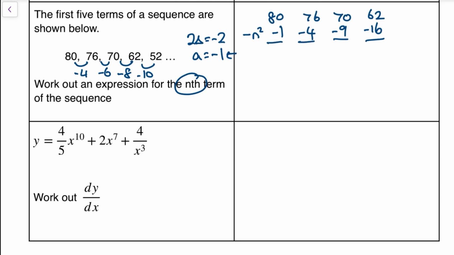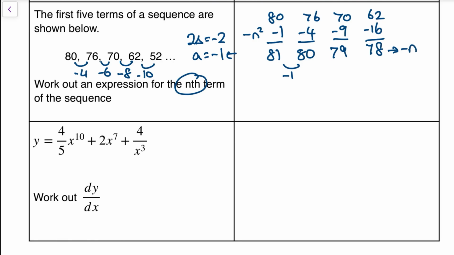Now, before I do it, I need to see a linear sequence here, otherwise I've made an error. So let's do this. 80 minus minus 1 is 81. 76 minus minus 4 is 80. So I'm hoping this is going down by 1. 70 minus minus 9 is 79, and 62 minus minus 16 is going to be 78. So this is indeed a sequence that goes down by 1, which means the nth term of this sequence is